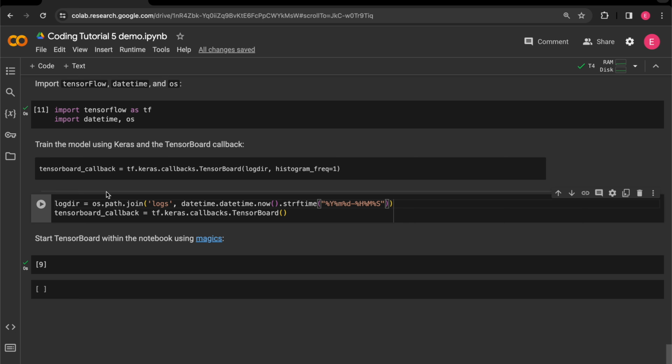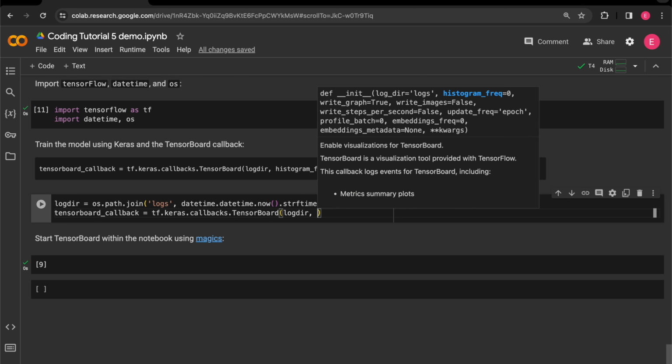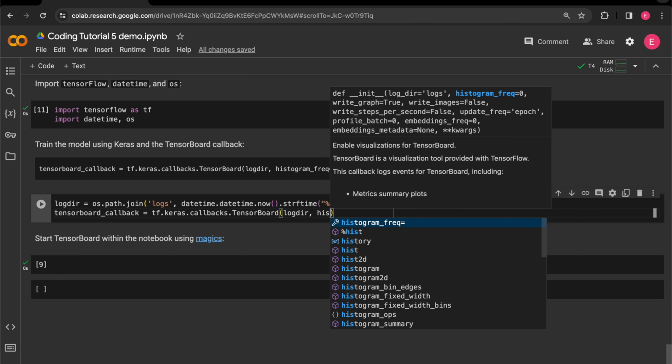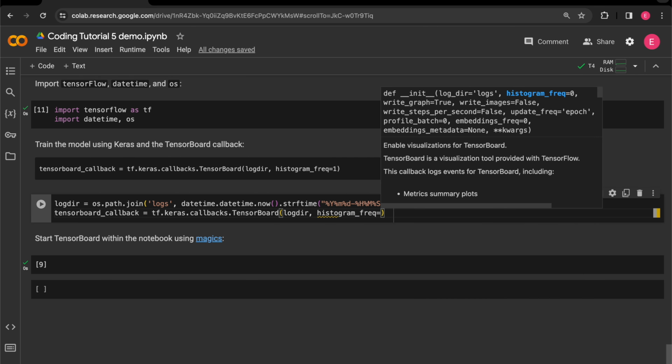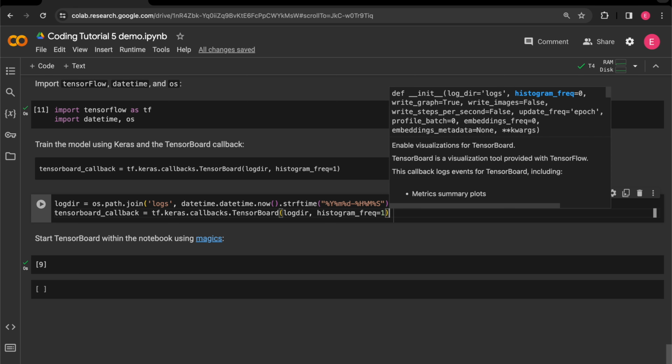All right, so this is going to be where the log goes to. So put this directory here, and we can also assign the frequency 1 here,